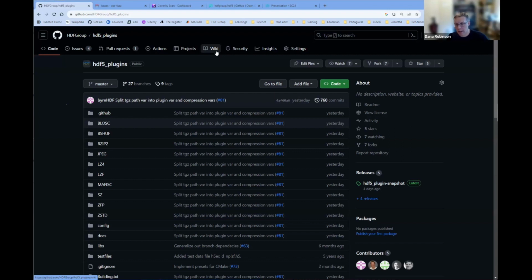And also, we want to have a place where we can gather compression filters that maybe won't have the same level of support as things like Blosc, but would be in one spot. So you'd have one-stop shopping for compression filters, kind of community-level filter stuff.